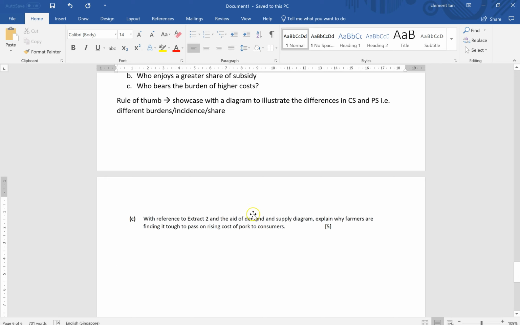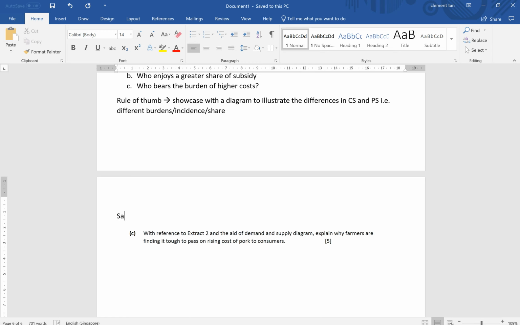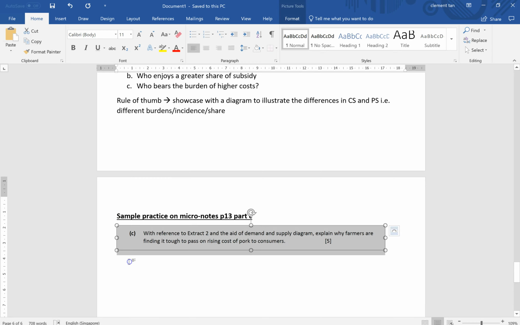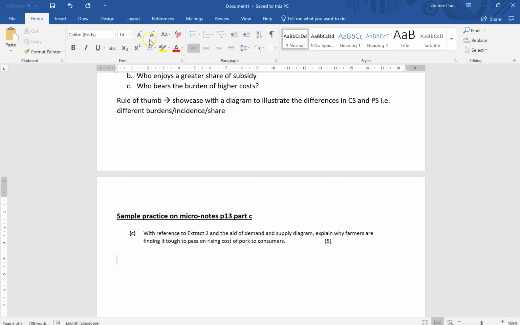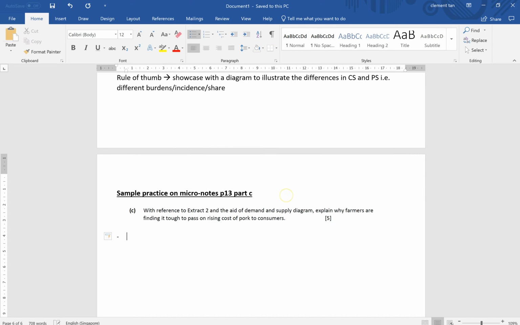So this one, sample practice on micro notes, page 13, part C. I'll be finishing it. So what you do is first you identify the case study evidence. You say that increase in the price of feedstock, such as grains,